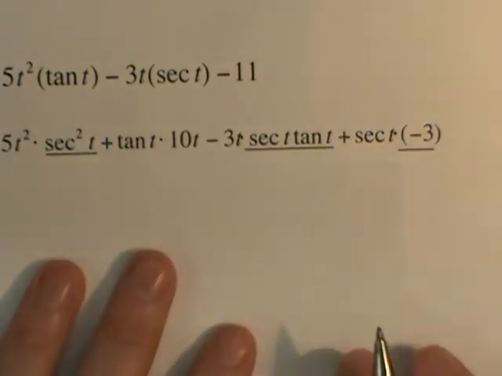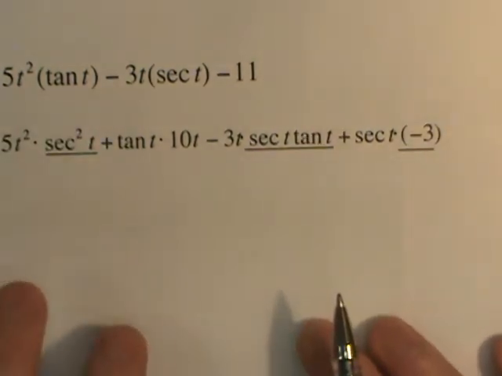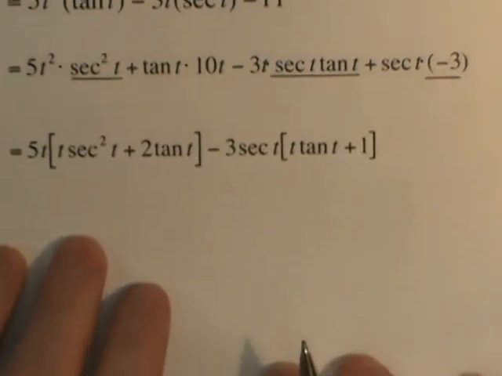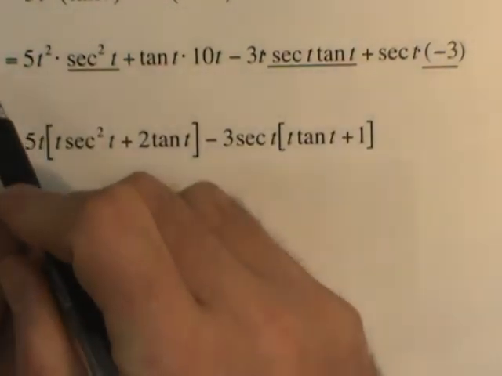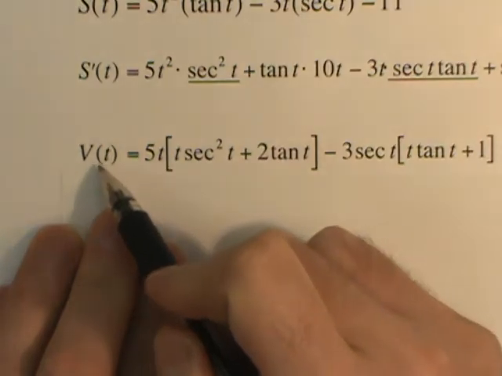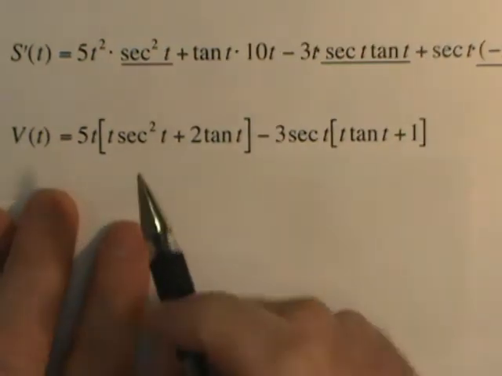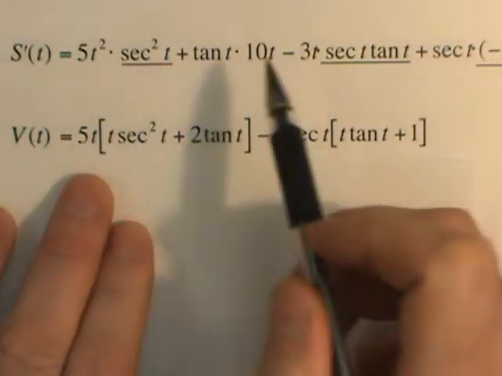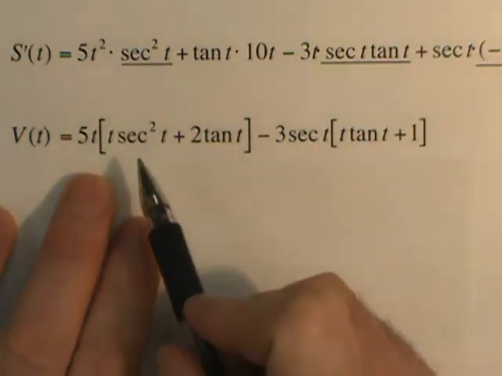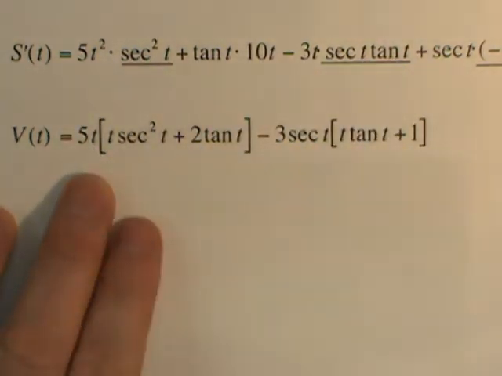And then my next step is to just combine what I have, look at what I have, and see if I can do any simplification. Notice that I went from s prime t to v of t because that's a velocity function. I was able to pull out 5t from both parts here. And so as I pull a 5t out,